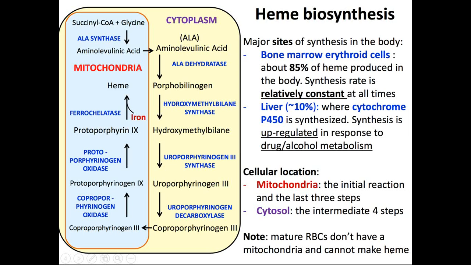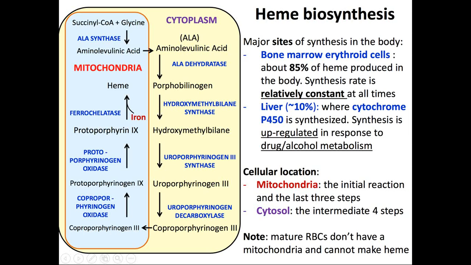So the precursor or basic molecule required for the synthesis of heme is succinyl CoA. From where do we get succinyl CoA? We get it from the TCA cycle. Succinyl CoA combines with glycine, which is an amino acid, by the enzyme named ALA synthase, because something is going to be synthesized at this step. So ALA synthase will help succinyl CoA join with glycine to form